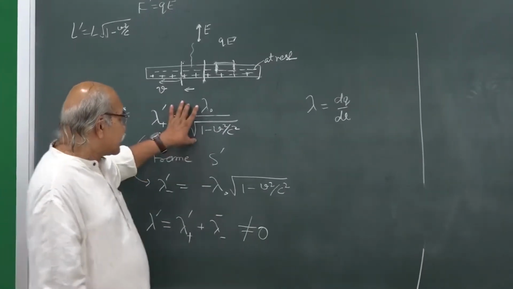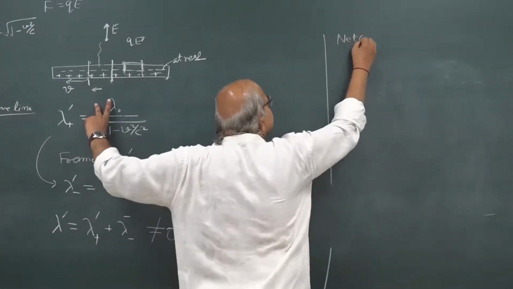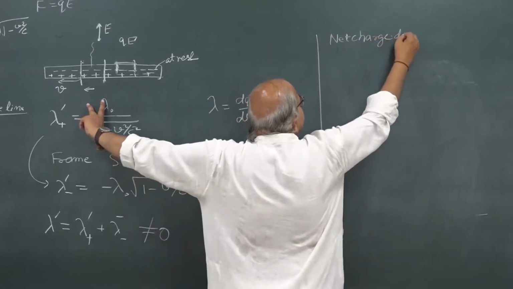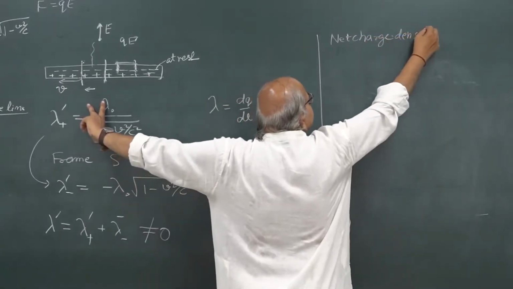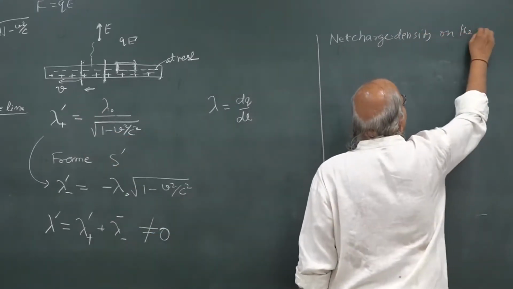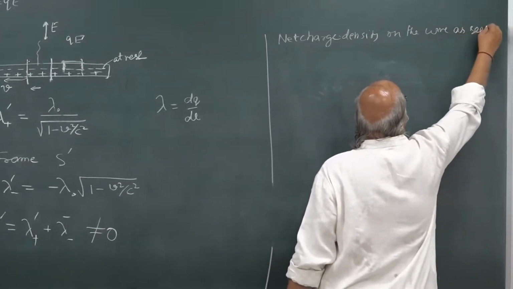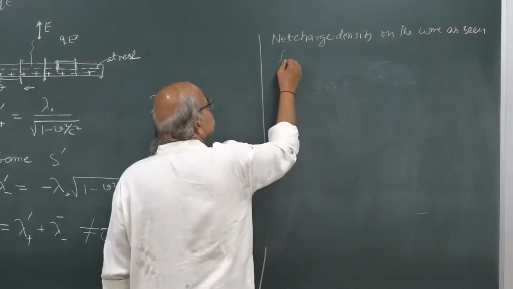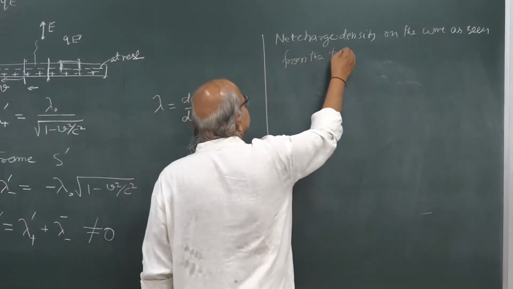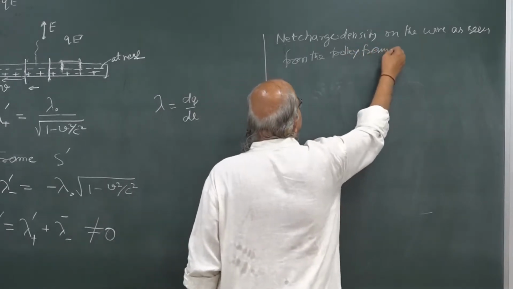So, net linear charge density of course, on the wire as seen from the trolley frame is